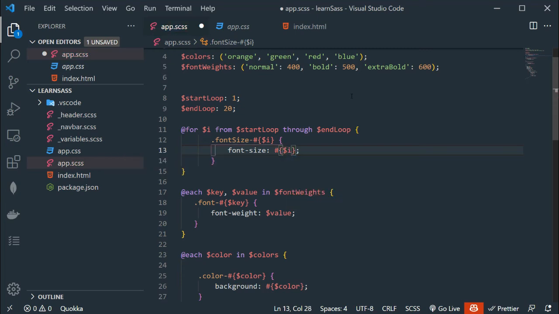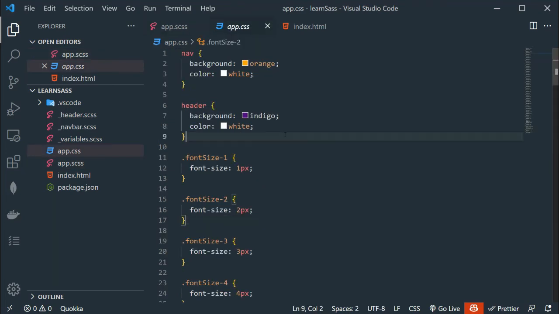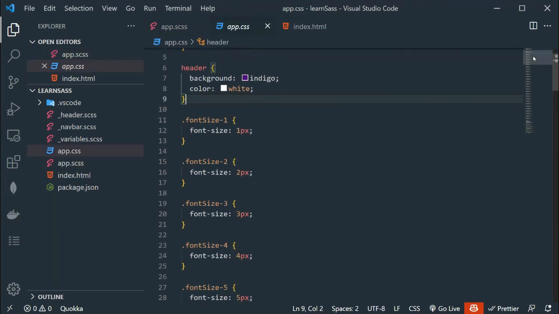After the curly brace, we can append px. Let me save the file. Now go to app.css, and we have font-size 1 pixel, font-size 2 pixels, font-size 3 pixels, and so on.